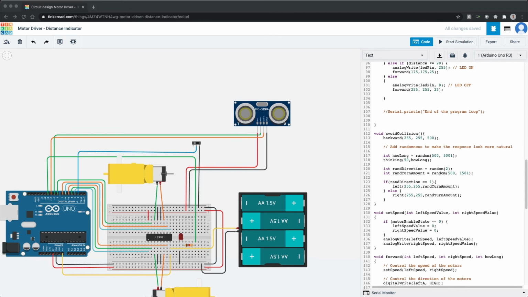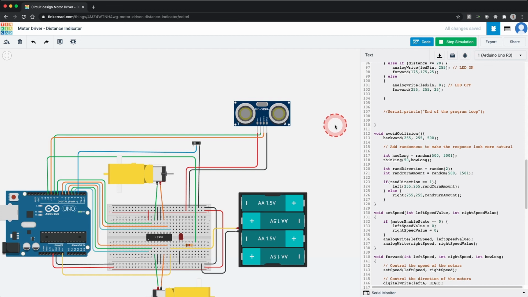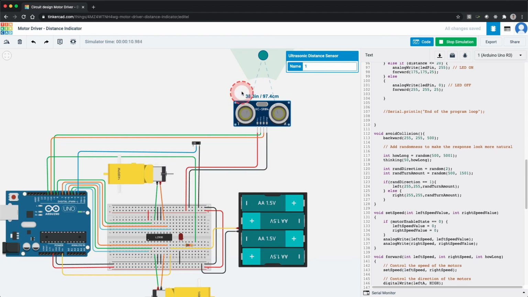Click Start Simulation and test your sketch. You should see the functions working. This will be much easier to see when you upload the code to your robot. One last note, the values we use are starting values. You may need to adjust some of the random min and max values on your robot. At the end of this video, you should have a better understanding of how to use random values to create a thinking behavior for a robot.